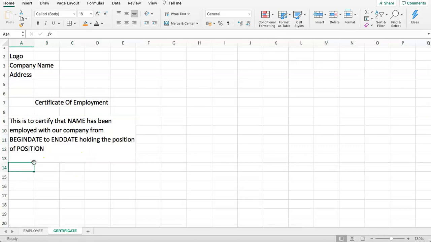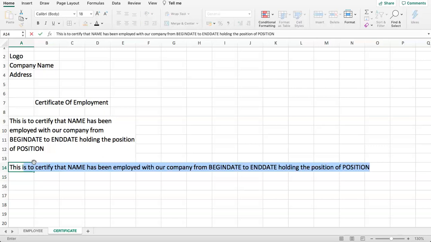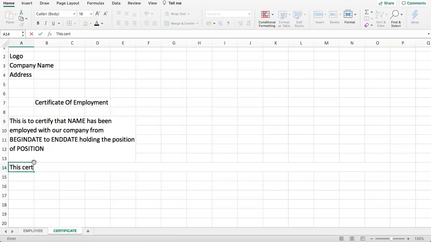All right, and then what we need more is, then we have here the next text. This certification is being issued upon his, and I will just put this in caps lock, his, and the reason why is, if you have a female, it should be her. All right, so we're going to fix that later on. So his request